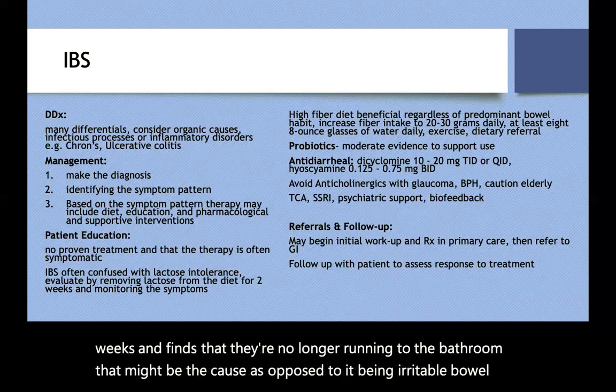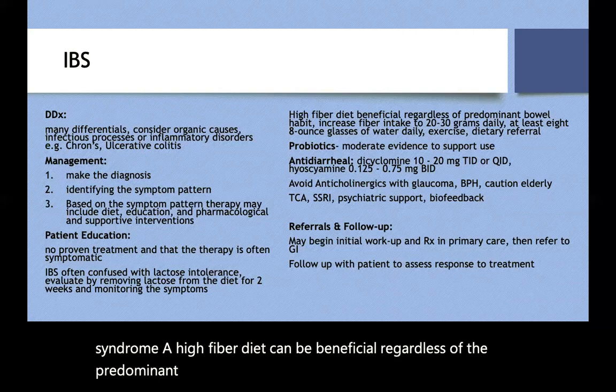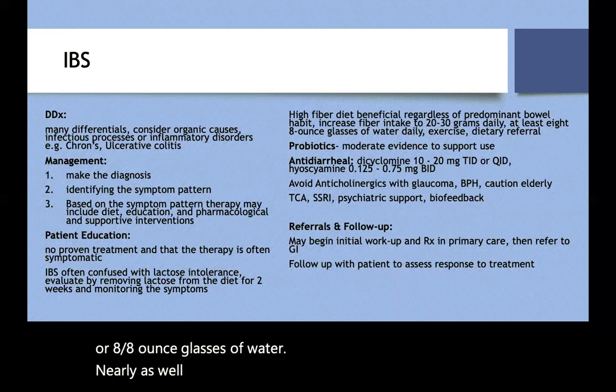A high fiber diet can be beneficial regardless of the predominant bowel habit. You want to increase the fiber intake to 20 to 30 grams a day, and at least 8 ounces of water daily, or 8-ounce glasses of water daily, as well as exercise and a dietary referral to a nutritionist. You know, keep in mind,